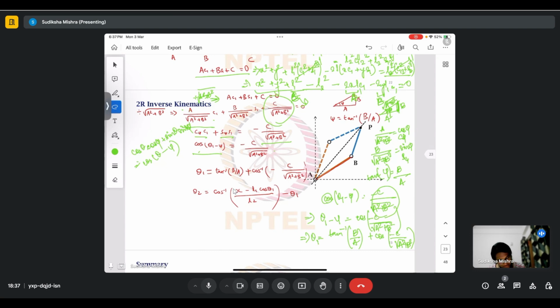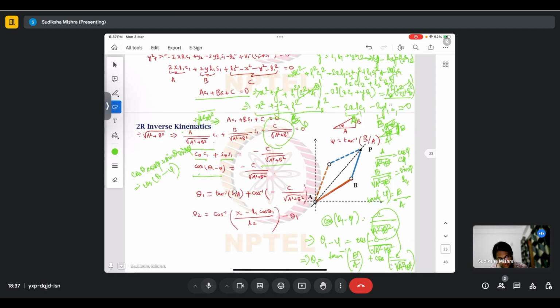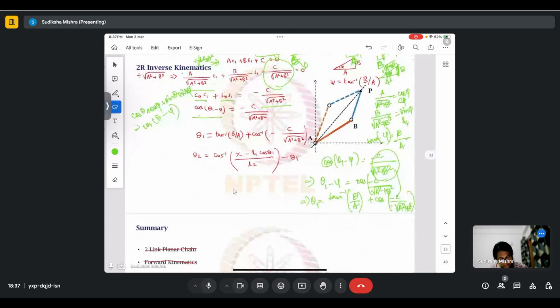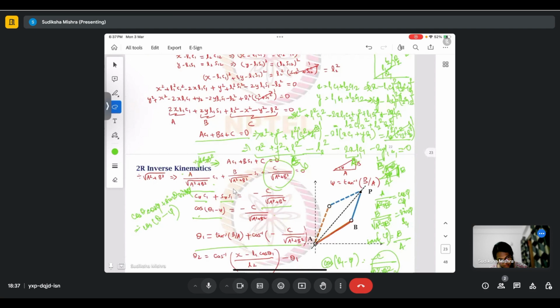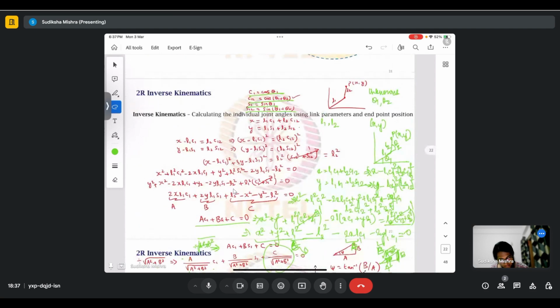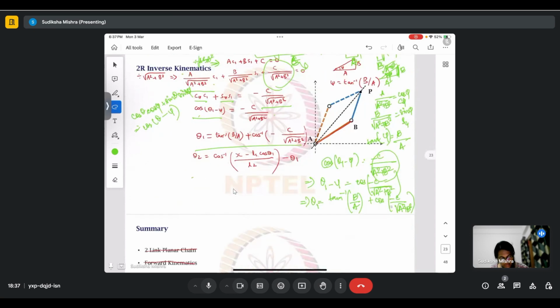You can substitute terms into this and then finally put the resultant into this equation and find out what theta 2 is, and theta 2 comes out to be cos inverse of (x minus L1 cos theta 1) by L2, minus theta 1, because you know